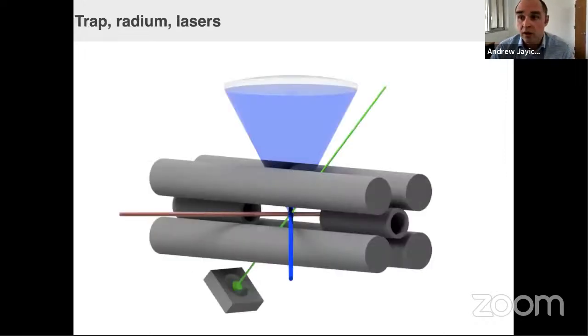So this is what our trap looks like. It's a big trap. You can see the cooling light and this repumping light coming in to intersect at the center. This green beam represents our ablation laser. So we load our trap with laser ablation, and then we collect the fluorescence at 468 nanometers. This trap, we'll come back to it, but it was really built for the first laser cooling and the first initial measurement. So it's really purpose built for that.